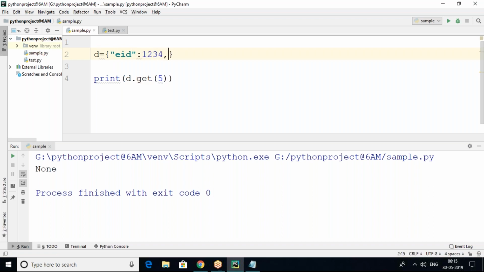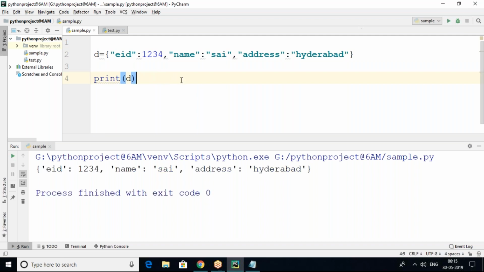Next, name, SAI, address, Hyderabad. So this is a dictionary with a few items: employee ID, name, address. As it is, we got an output like this.